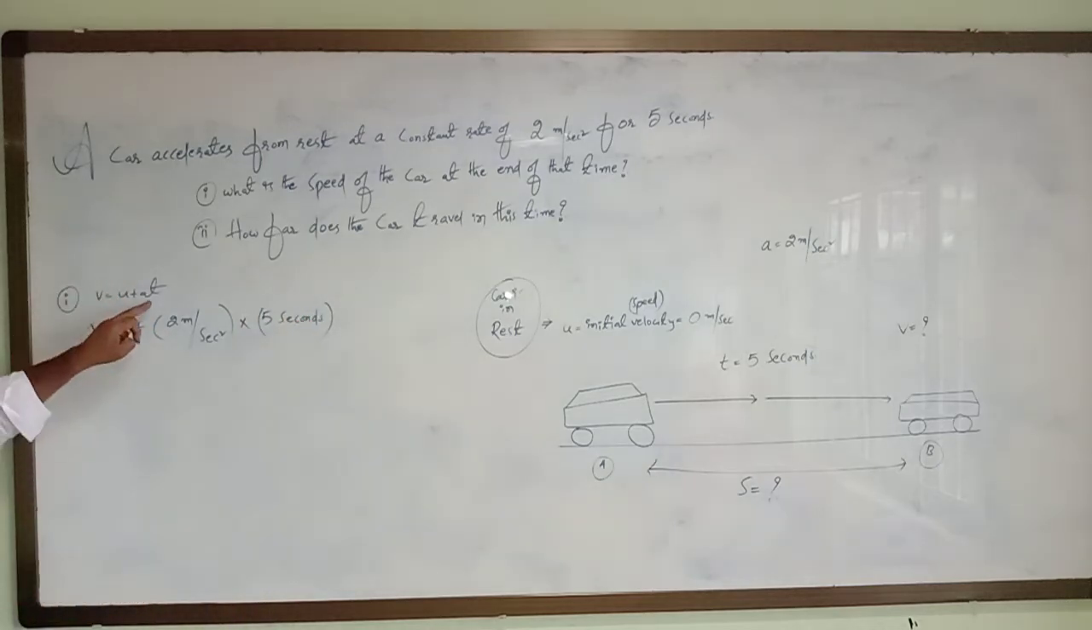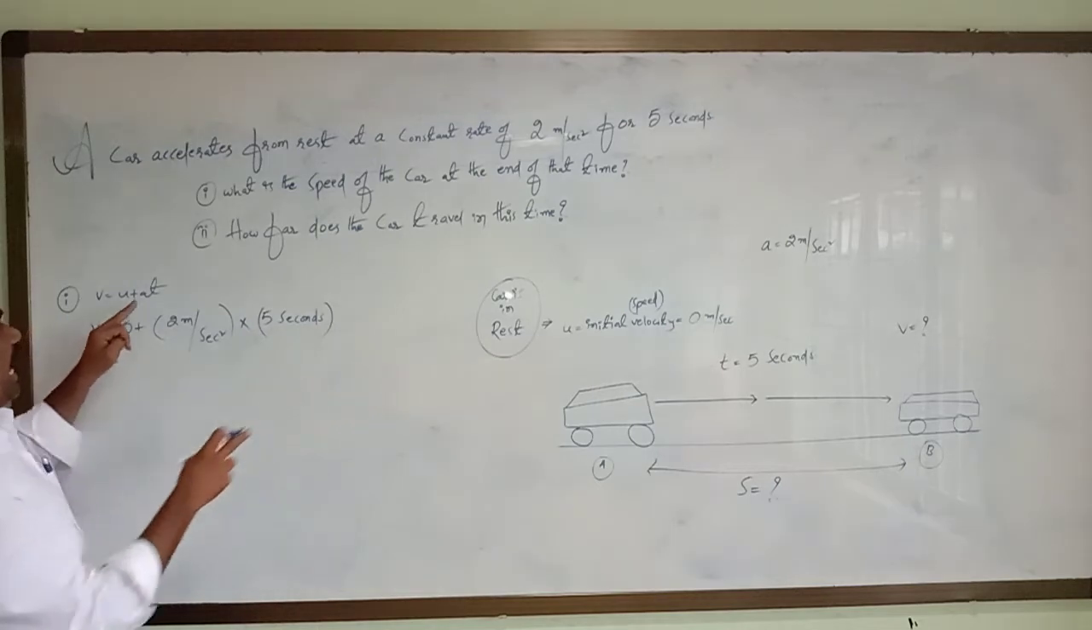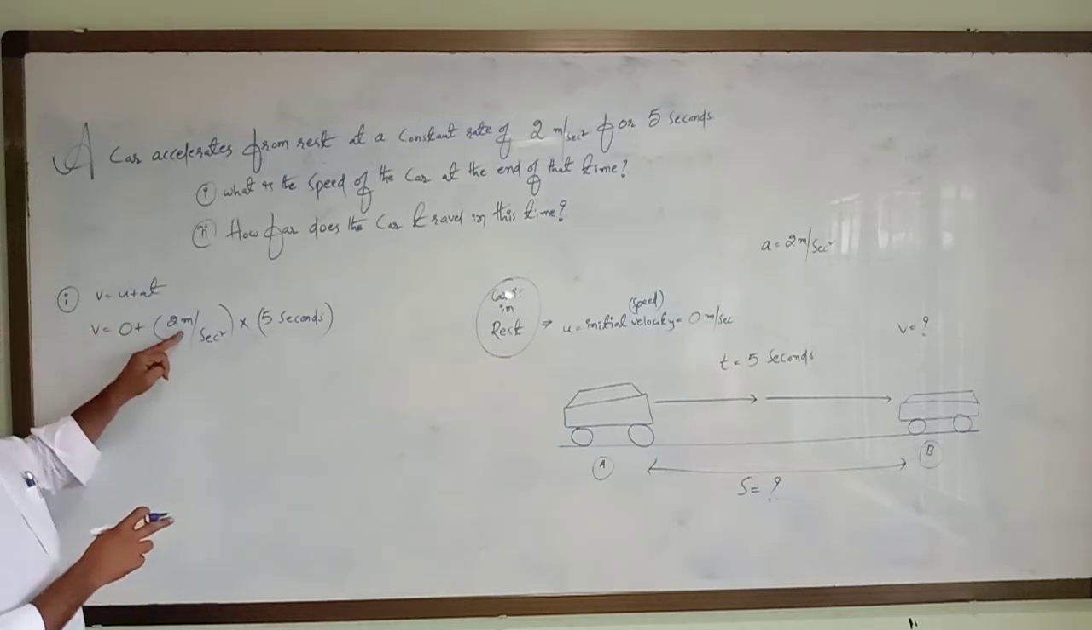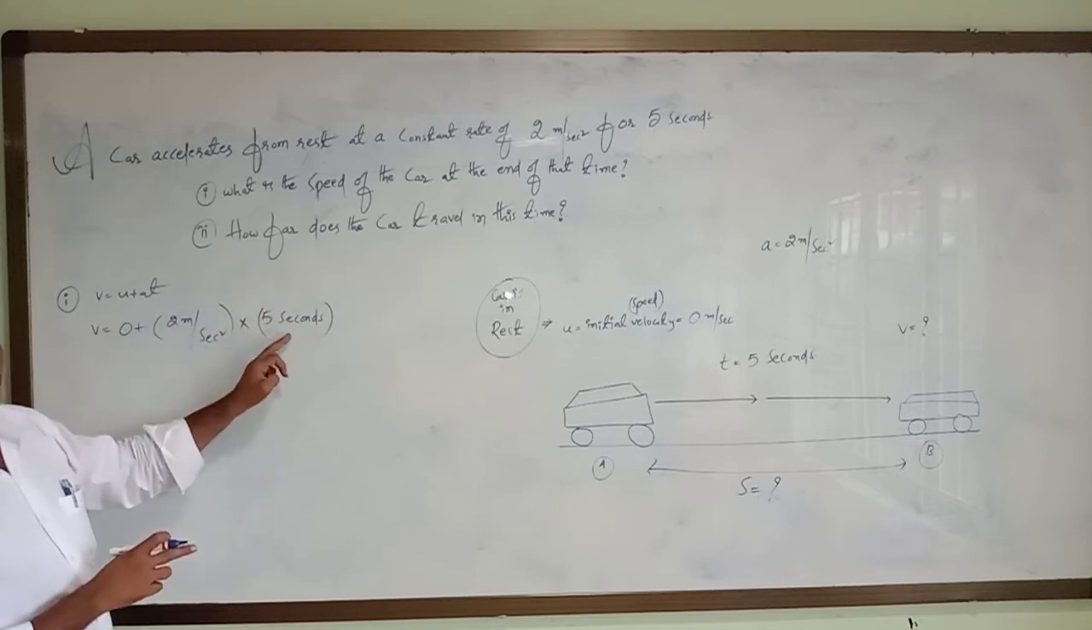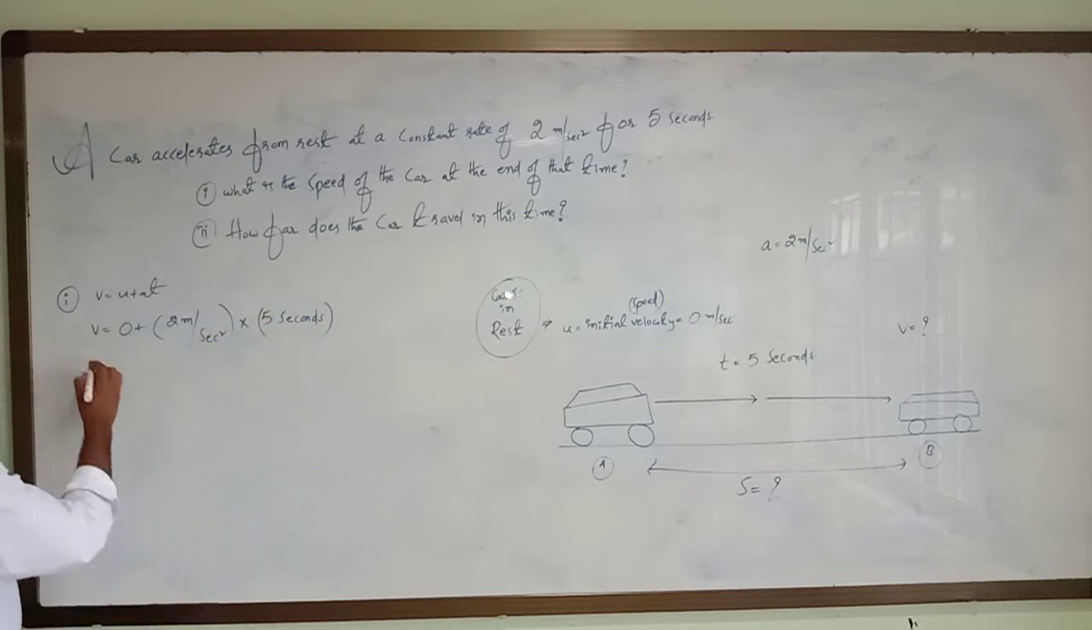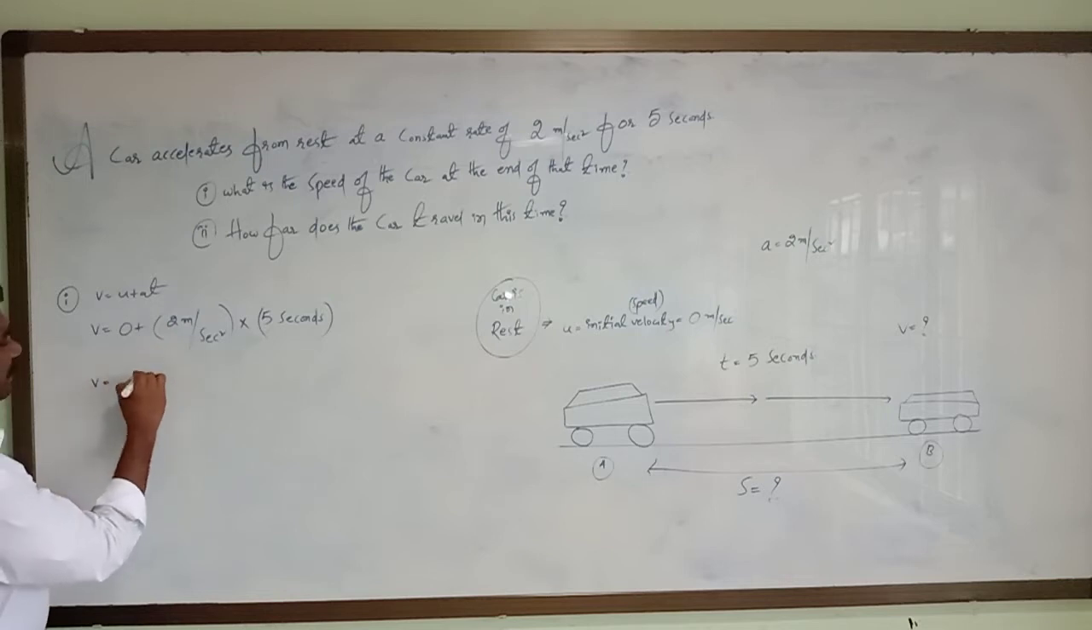V is equal to u plus at. Final velocity we have to calculate. Initial velocity has been given, that is 0 meter per second. Acceleration of the car is also given, 2 meter per second square, into t. Time is also given, that is 5 seconds. Okay, so here V is equal to